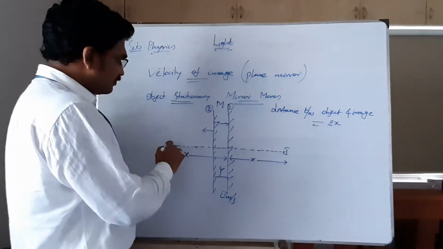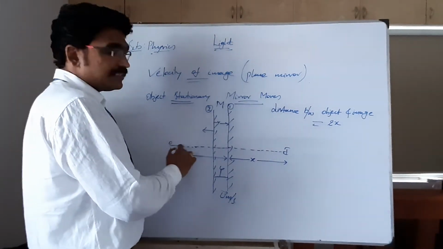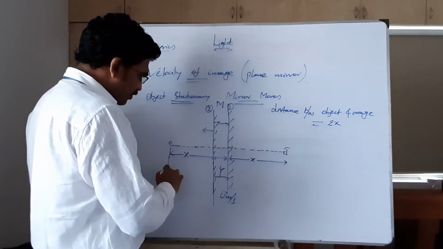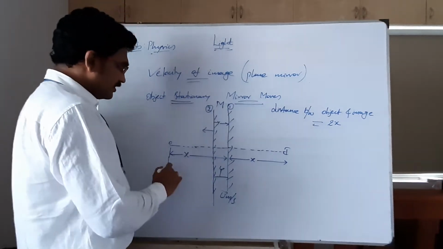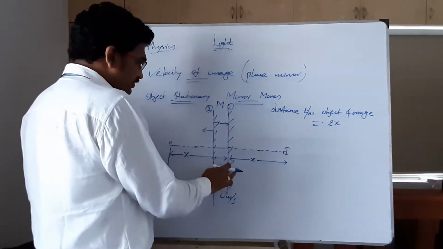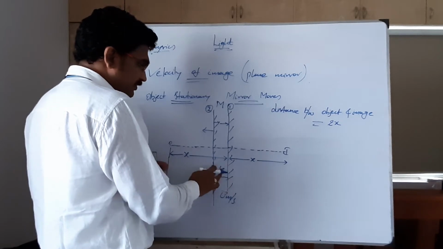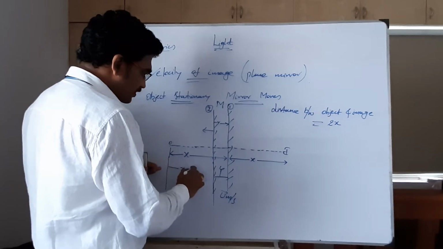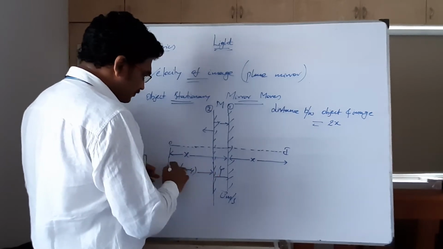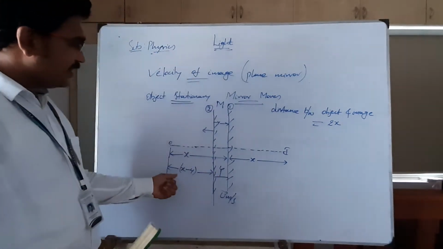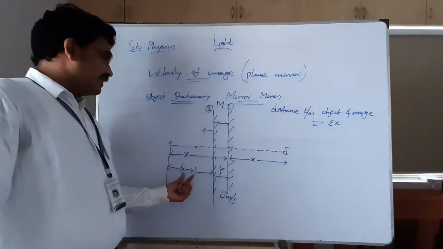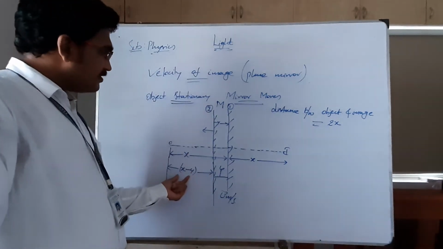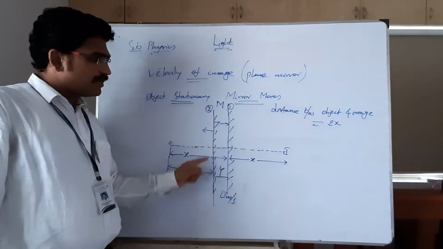Then what happens? Now again, when the mirror has moved y distance, I want to calculate the object distance. What is object distance again? The distance between object and mirror. Now this is the final position of the mirror. The object is here, the object is stationary. First it was x, now it has shifted by y. Then what is this distance? This distance is nothing but x minus y. x minus y is the distance between the object and the final position of the mirror.